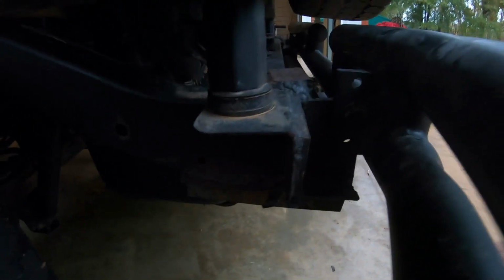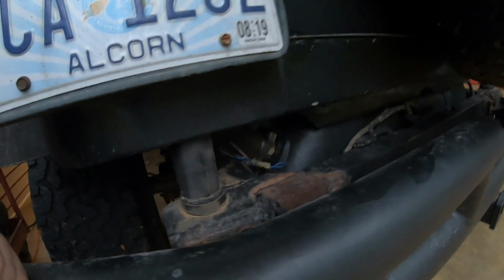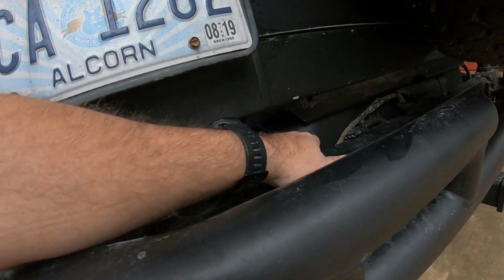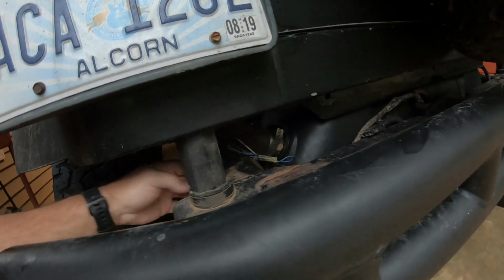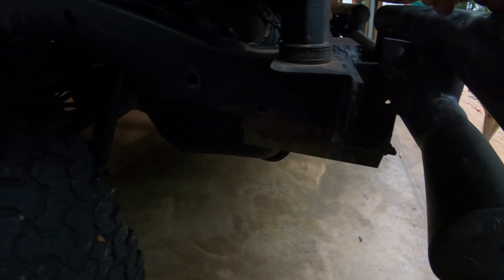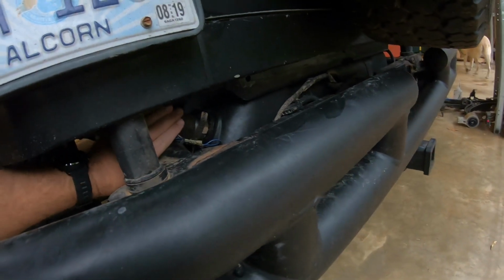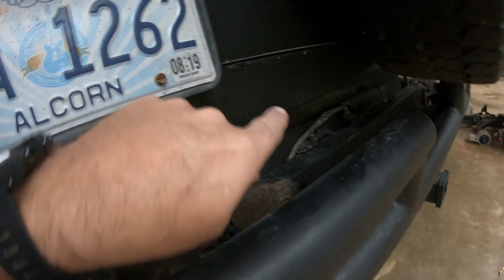So I've got to get a plan of attack of how to get all of this stuff off and cut away. A little concern: I'm going to be slinging a lot of sparks, and my fuel tank of course is right here. I will try to take the necessary precautions to stop from having a fire. I sure would hate to burn the Jeep down and my house also at the same time. So I'm going to probably wet some rags and stuff up in here around the fuel fill hose and around the tank. Try to keep any sparks from getting on top of where the fuel pump is at and up in this fuel hose,